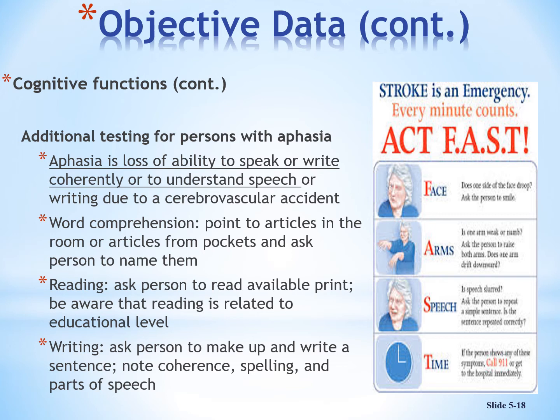So is the face symmetrical? It should be if they don't have a stroke. Their arms, if outstretched in front of them and their eyes are closed, should both be at the same level. Sometimes with a stroke, there's weakness in one arm, and so you have one arm dropping.